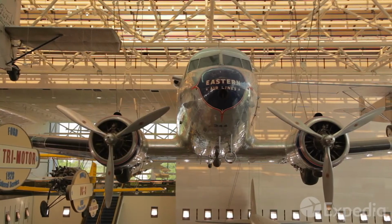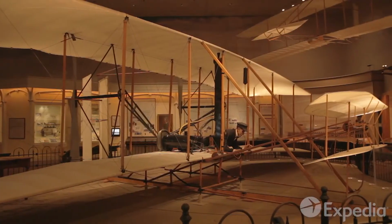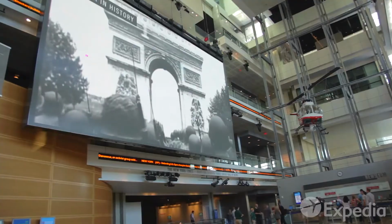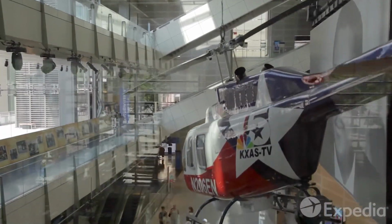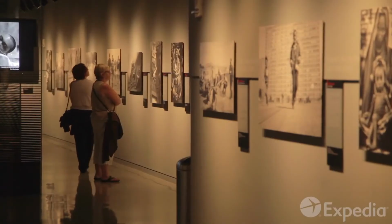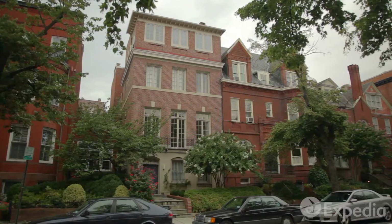The whole family will enjoy the Smithsonian National Air and Space Museum, where you can let your imagination fly high among historic airplanes and spacecraft. Create your own headlines at the Newseum, an interactive museum dedicated to the world of news media. The Botanic Garden of the Capitol Building offers an escape from monuments and museums,